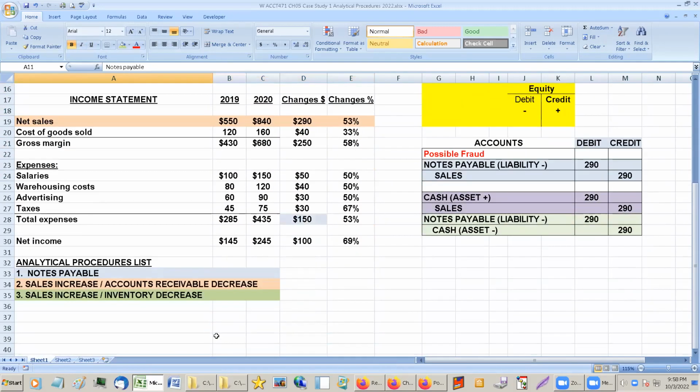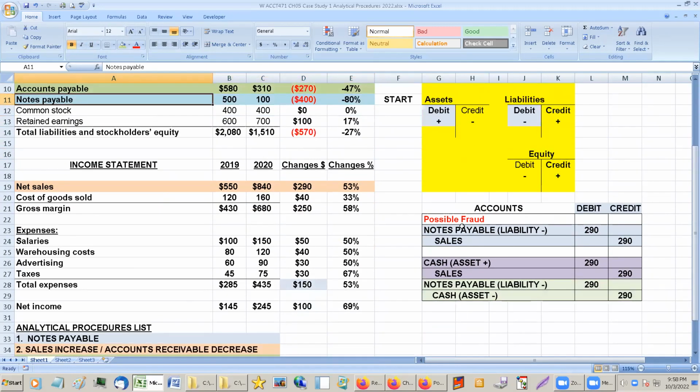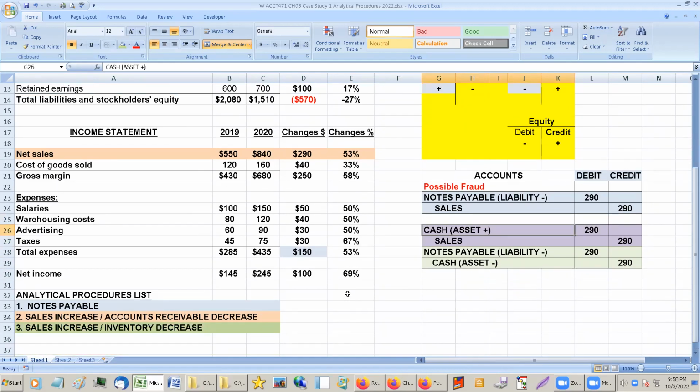So now it is possible that this is completely legitimate. Maybe they had tons of sales and they were all in cash, and they used that cash to pay off the notes payable and so on, and they didn't replenish the inventory. It is possible, but it's unusual. And that's one of the things that makes it very difficult for companies to get away with fraud for too long, because